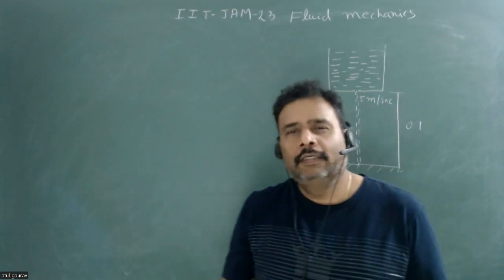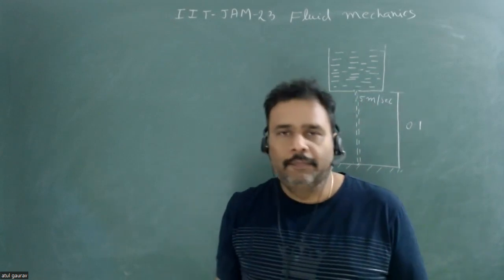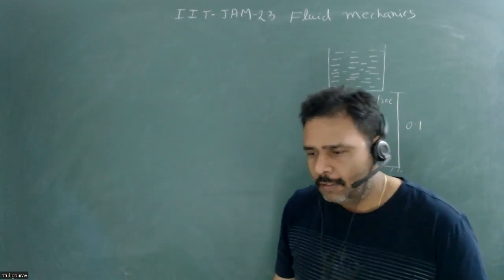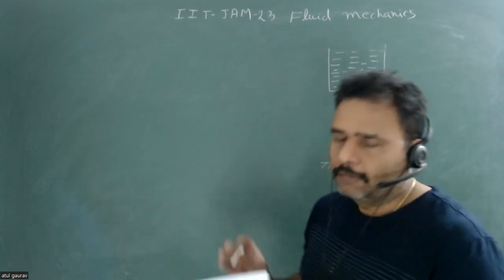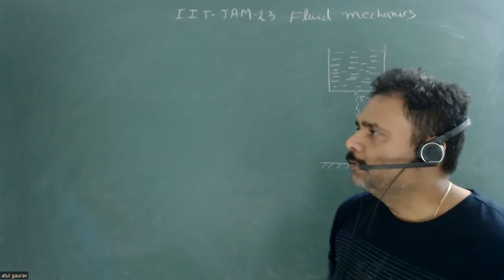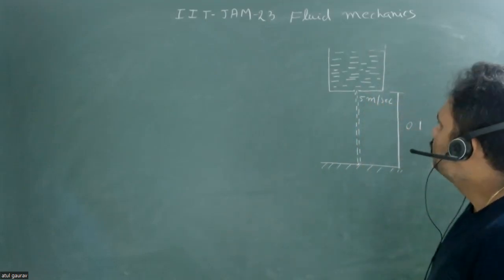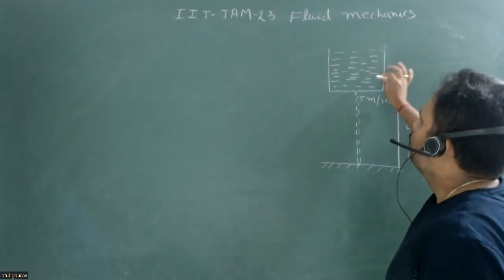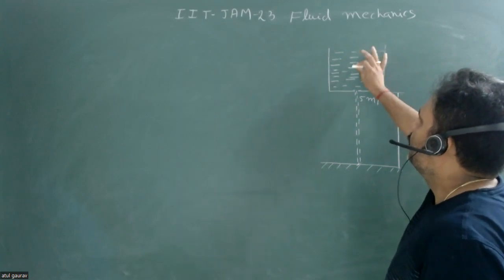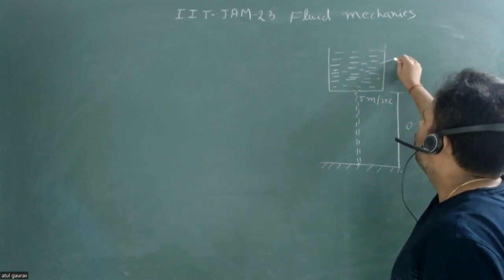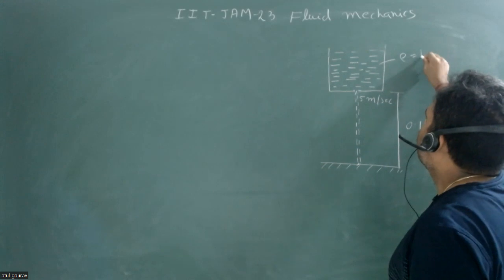A lot of us made some fundamental mistake in this particular question. But if you see, this question is really very conceptual. So what is this question? There is a water tank, and in this tank there is water. So we have rho of water is